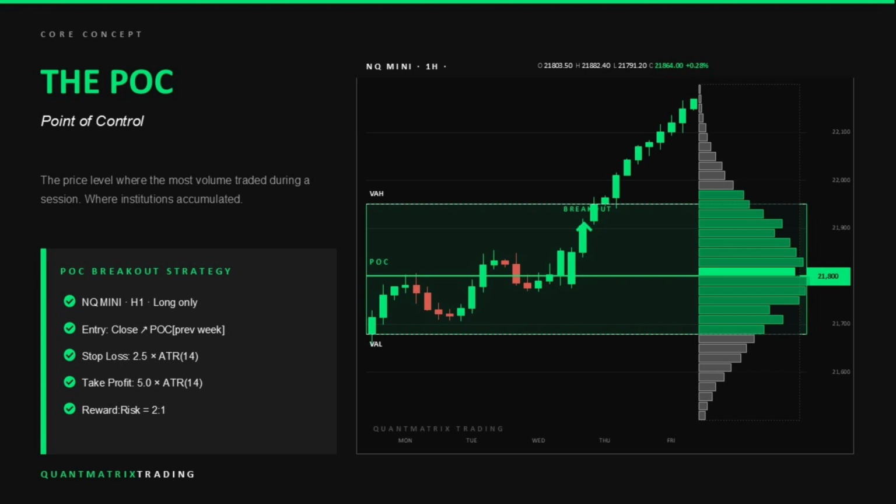The value area high is the highest level where 70% of the volume is concentrated, and the value area low is the lowest level, and the POC, the point of control, is the point in this area that has the most amount of volume. You can create a breakout strategy of the point of control of the last week,